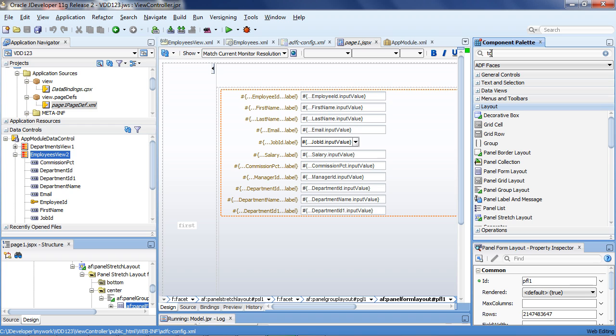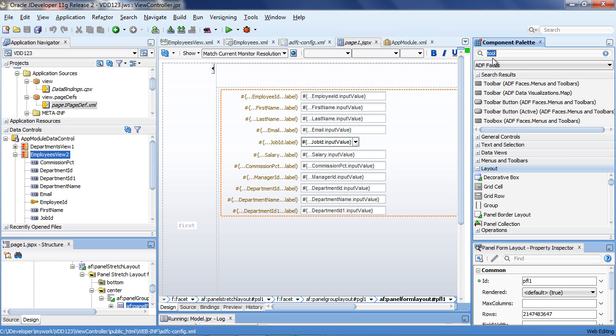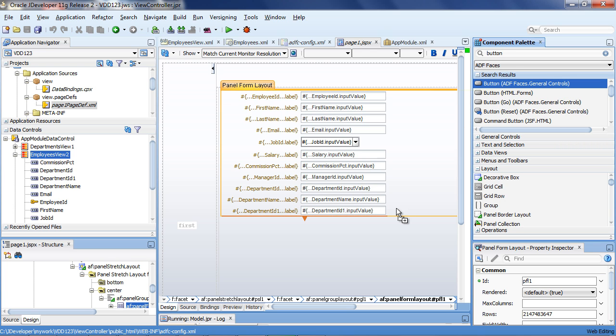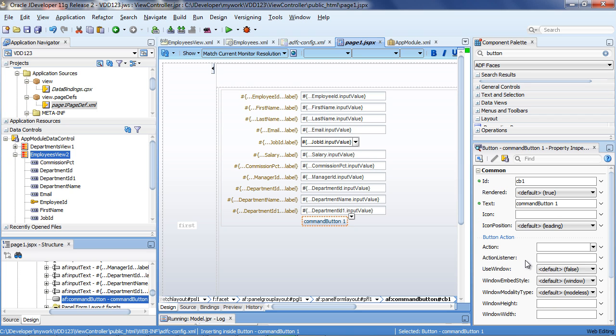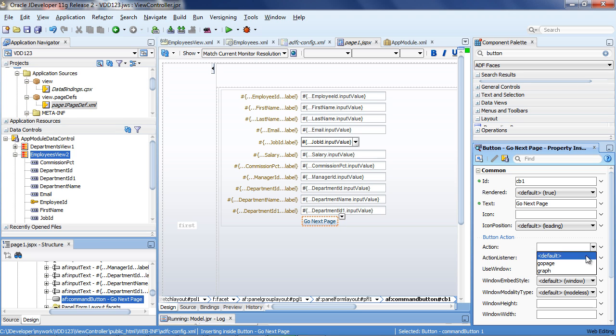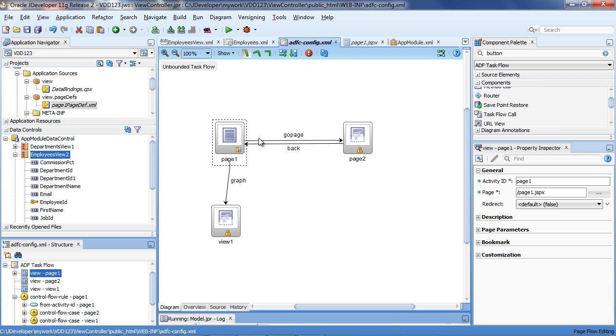And of course I can still add individual components here as well. There's toolbar buttons. Let's look for a button and add a button onto the page, and that button has properties just like in the forms property palette you had as well. Go next page, and the action of pressing that button, like a when button press trigger, is go page. So what is go page? Well, that means go to that navigation flow and navigate to this page. So you can see that we're quite easily building up navigation flow like call form and open form.